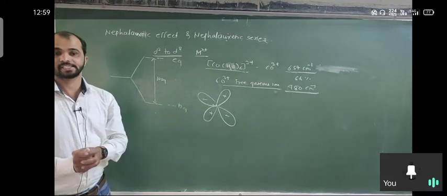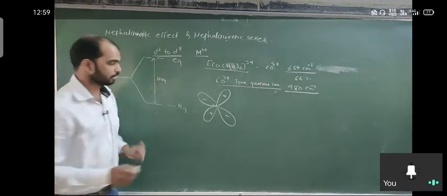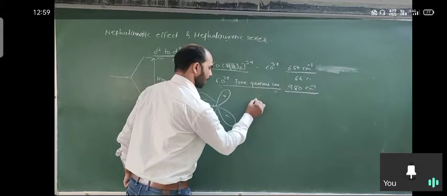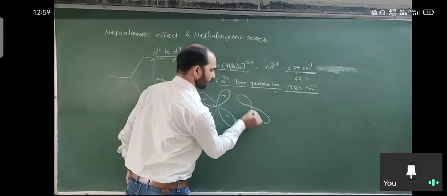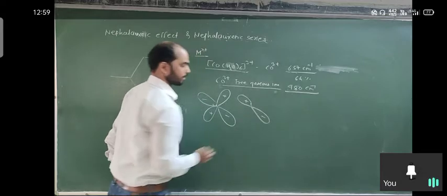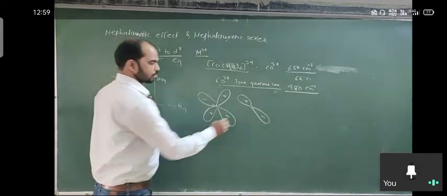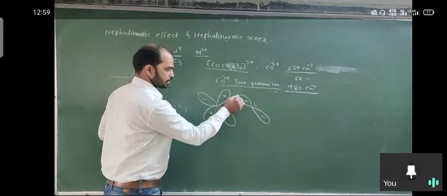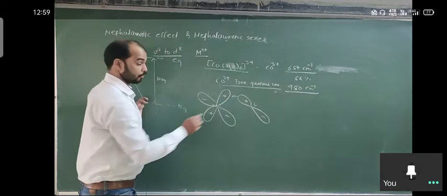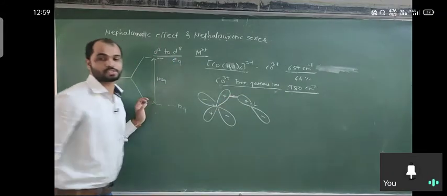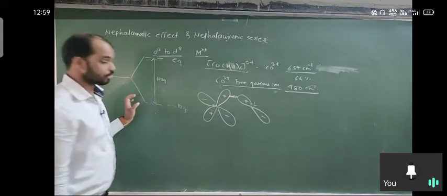Why does it decrease? The reason is when the metal interacts with the ligand. The ligand has a particular orbital. It is a p orbital or d orbital depending on availability. So if here is a ligand, it is just pointing toward this. When the complex is formed, these orbitals come close to each other.